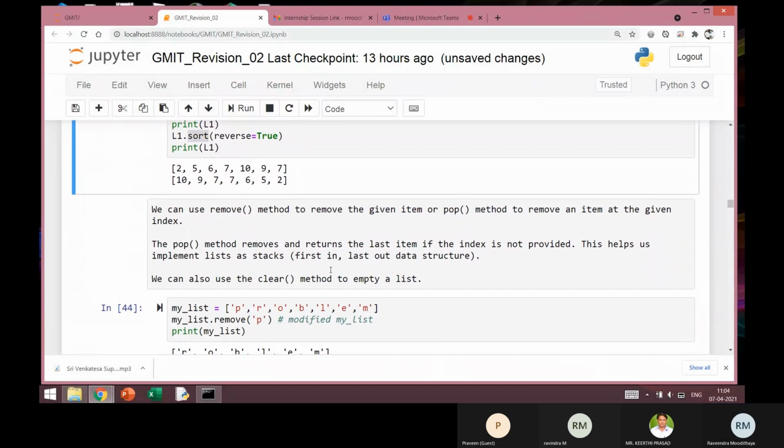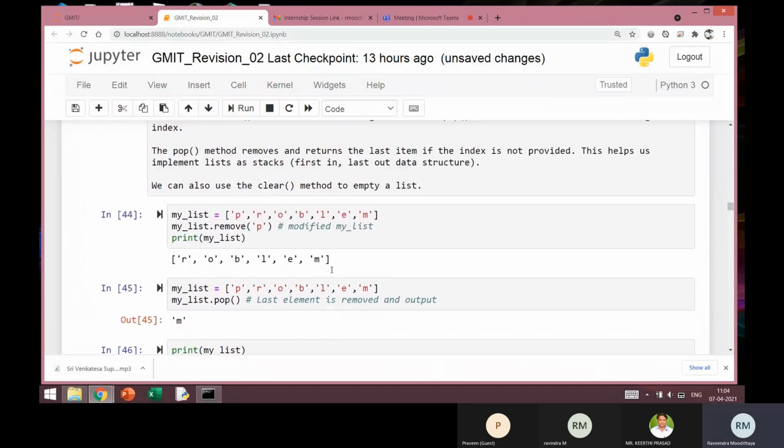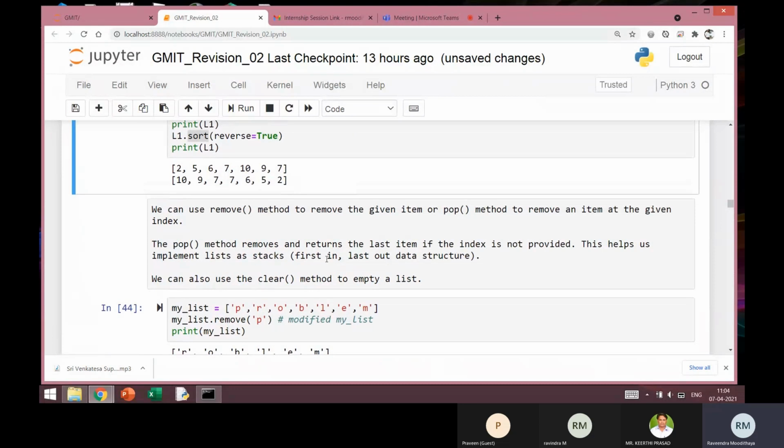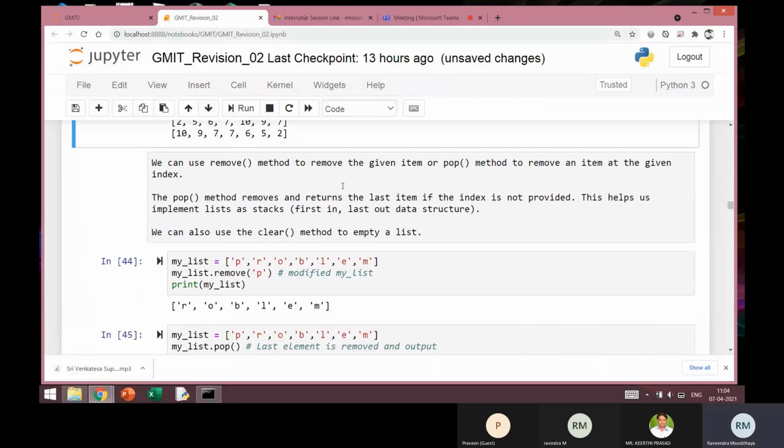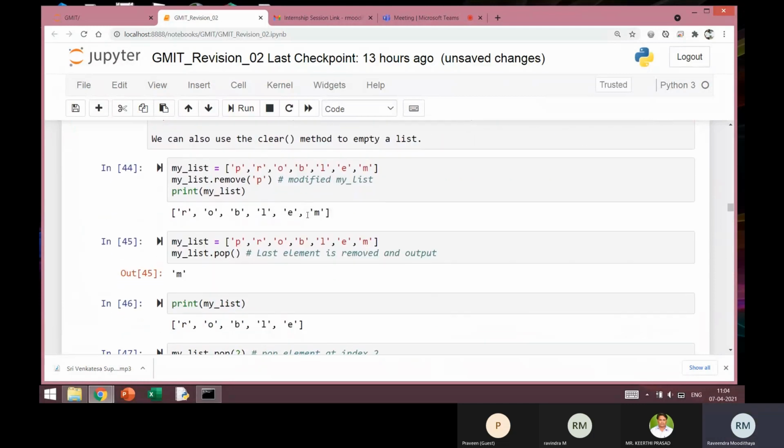Okay. We just have another 2-3 examples to cover the other methods. So we'll see some of the methods wherein we can remove an item from the list. Okay. So I'll start with an example.